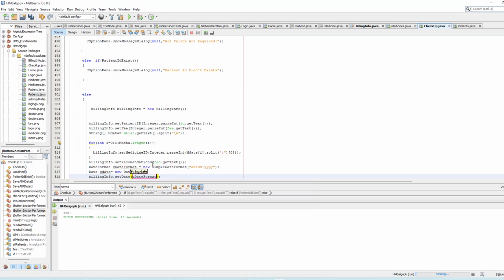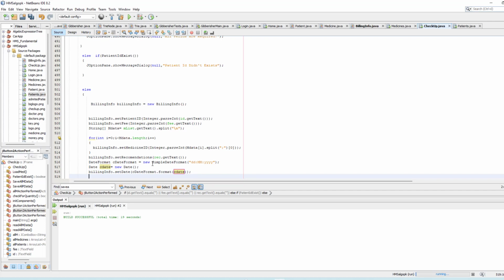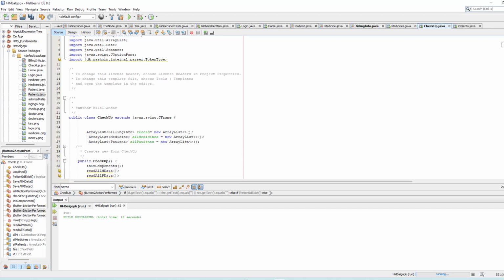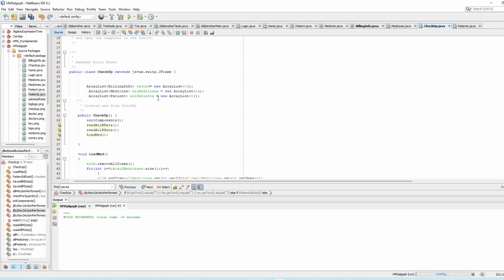So current format dot format, and here we need to pass the date. Okay, so that's done with this one, and we need to add this one into our array. Okay, you can see record array,